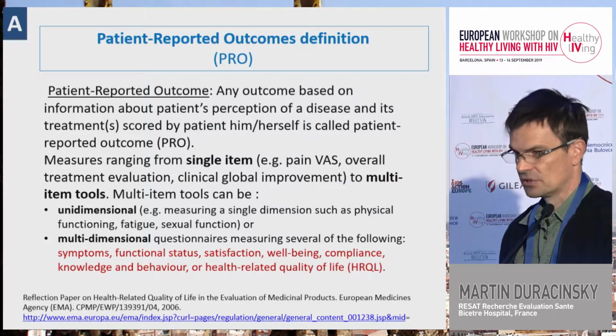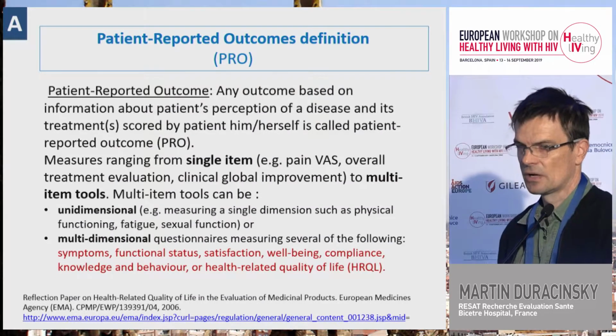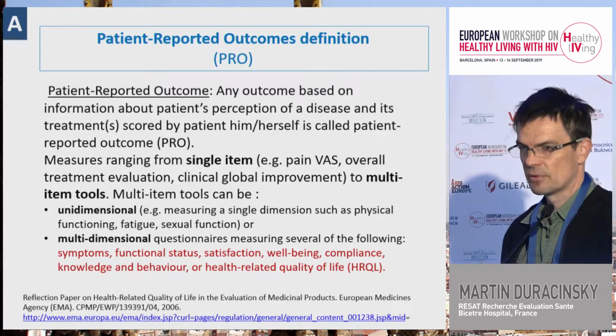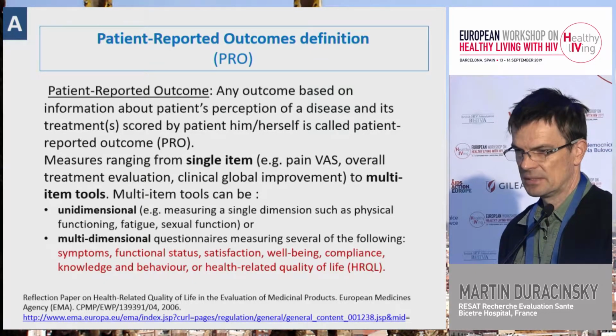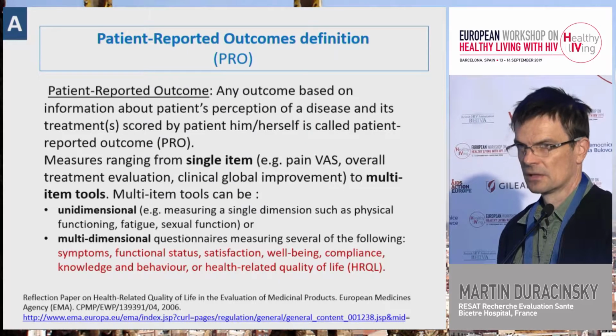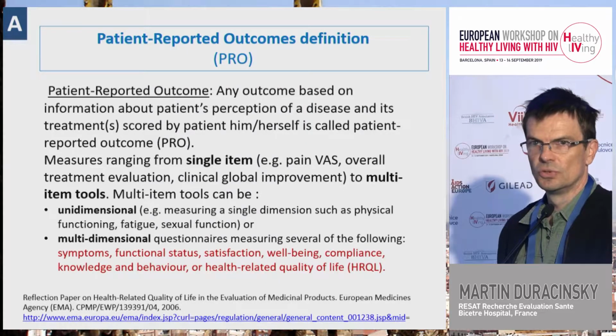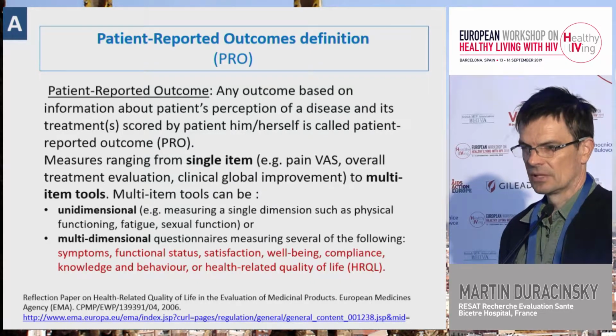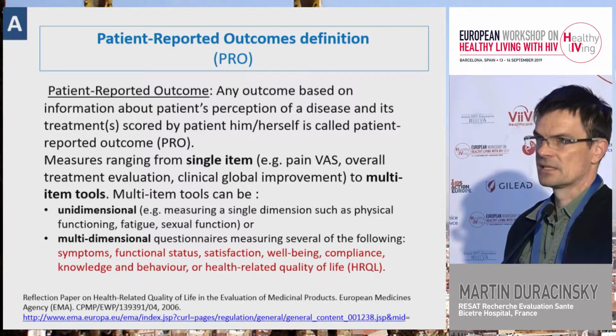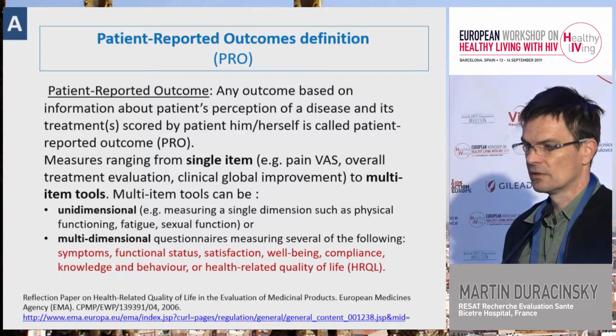So what are the patient-reported outcomes? This is any outcome that comes from the patient. So it's assessed by the patient, and it can go from a single item and simple concept like pain to a multi-item tool. Sometimes they can be unidimensional, measuring just function or fatigue, but most of the time, if we talk about what is quality of life, it's multidimensional, assessing at least psychological, physical,